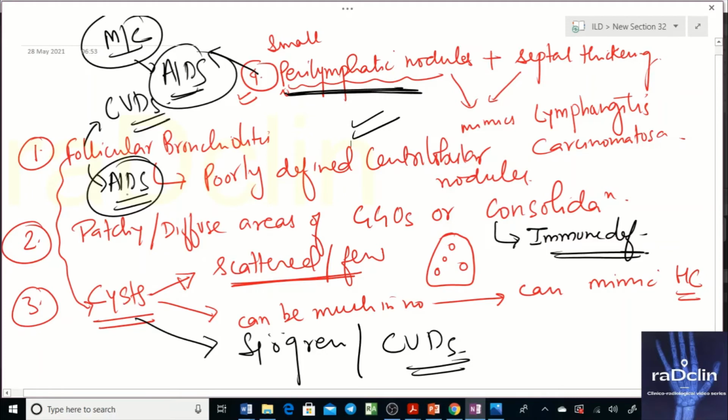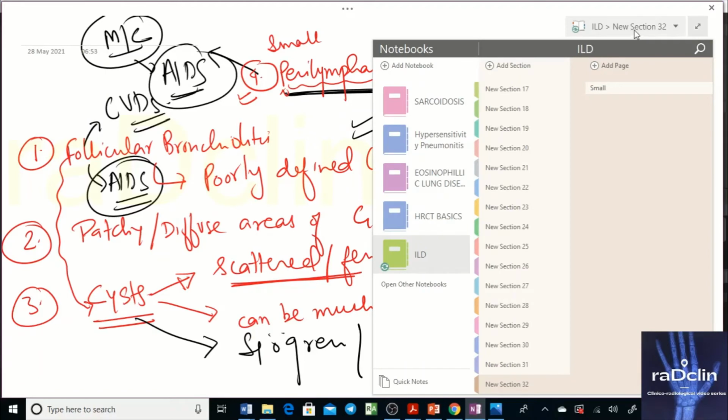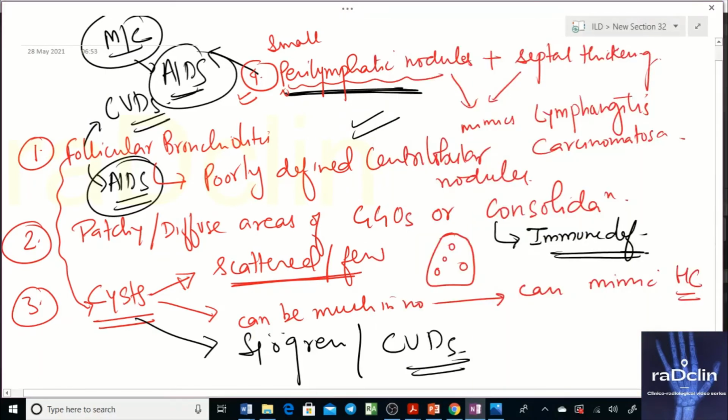Okay, and in Sjogren you should remember the cystic pattern of LIP. In AIDS you should remember perilymphatic nodules. Rest, like immunodeficiency, you can also see in here. Rest are overlapping and you can see many things. So this is just correlation only. There is no definite anything that can be seen anywhere. Obviously, there are so many variations. Nothing is 100%. Okay, so that was about LIP, and let's look at images.